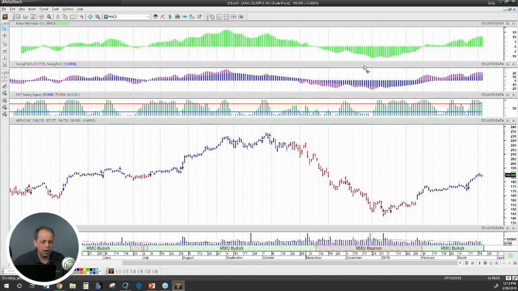Okay? All right. The other thing that I like to point out, I'm going to go ahead and move this back into the chart here, is down here at the bottom, you can look at the indicator. When it pops up above 0, you'll see that the RMO pops into this bullish phase. Okay? If it's down below 0, like it was in that November through February phase, then it's going to say that the RMO is bearish. It just happens right there on the chart. Very, very easy to see.